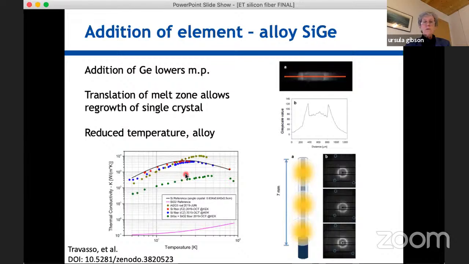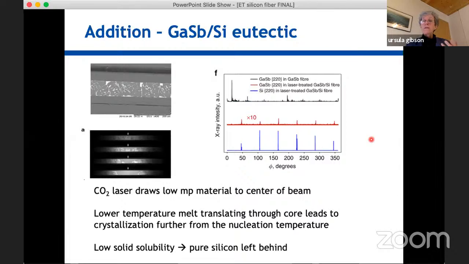And I wanted to just show you the data from Flavio, who measured, and unfortunately, when you put an alloying element in there, your thermal conductivity drops quite a lot. So instead of having something that we're going to leave inside the material, I started thinking about what if you actually can remove that? And based on our prior experience with a combination of semiconductors, what we found is that